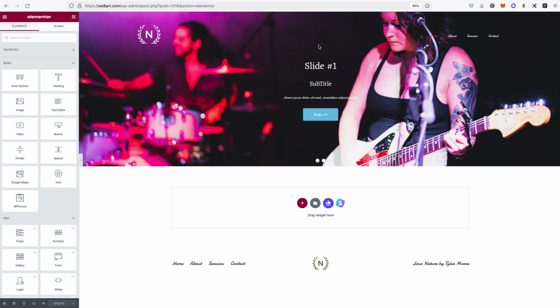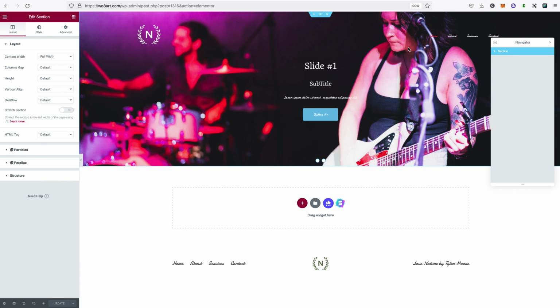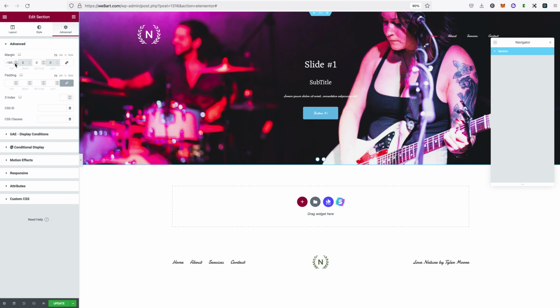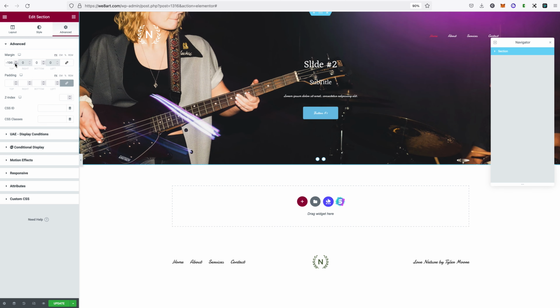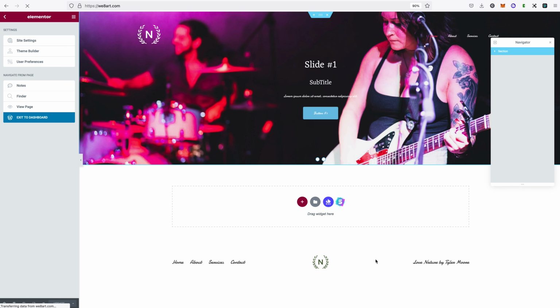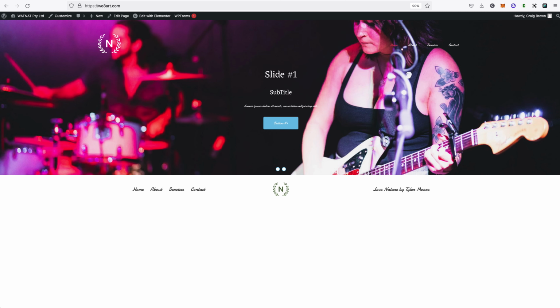So again, we choose this. Sometimes we need to use the navigator when it's hiding up there below, behind the header. And again, go to advanced and just increase that space up just a little bit more. And that should be fine now. So let's have a look at that page. And now,